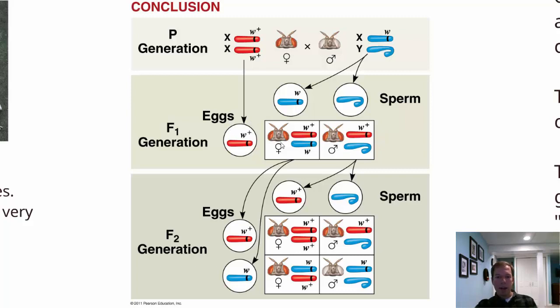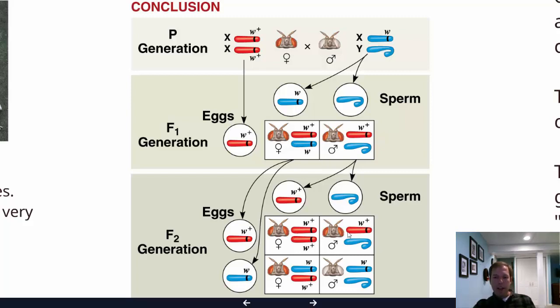We have females, and the females are all going to be carriers of that white allele, and all of the males are going to be the wild type. They're going to pass on the allele for red eyes. So when they reproduce with each other, as we look at all of the offspring, if they are female, that means that the father is passing on a wild type, and so those females that result are going to have at least one copy